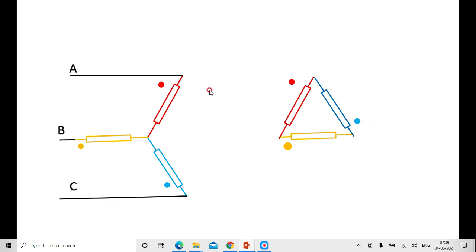And I am marking the phases as ABC on the star side, and on the secondary, the delta connection, I am also using ABC in lowercase as the phase sequence, while the uppercase ABC is used for marking the labels on the star connection. Then we'll see what the phase shift is in the positive sequence and negative sequence components. Okay. Now